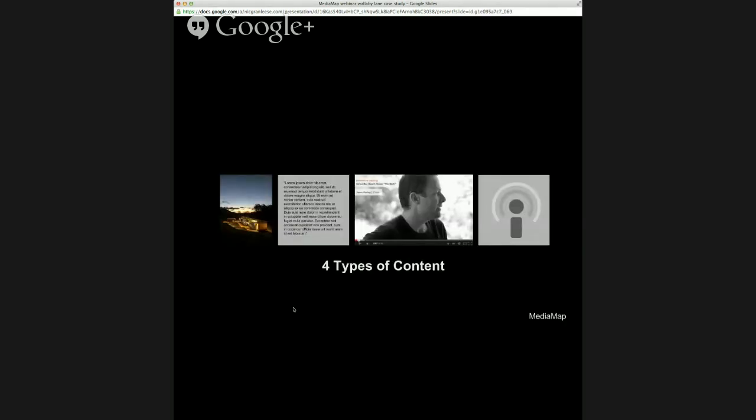Okay, next slide. Okay, so we're going to jump more into the media kit side of things here. So when we photograph a project, what we do is we create a media kit for it. And the reason we started doing this was because we realized that photos aren't a story by themselves. Photos are really powerful, but they need other content to go along with it. And there's 4 types of content that go into any type of story, and they each work in a slightly different way. So we've got architectural photography, which we all know and hopefully love.